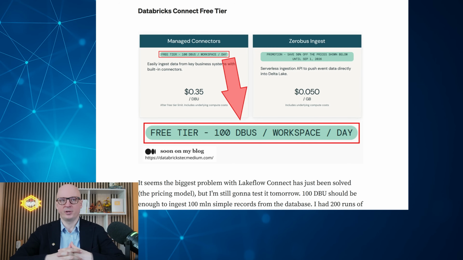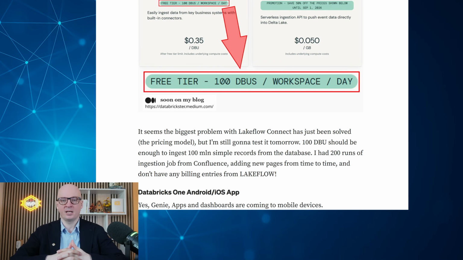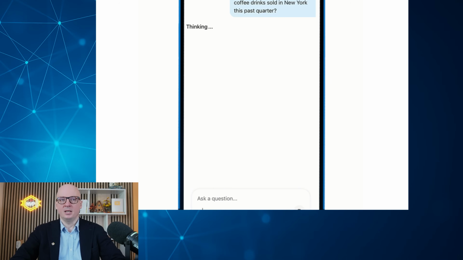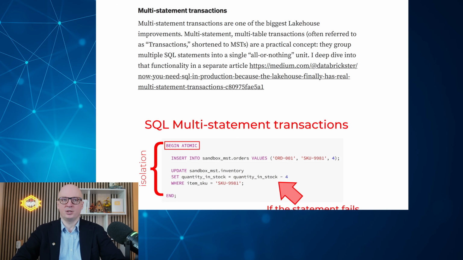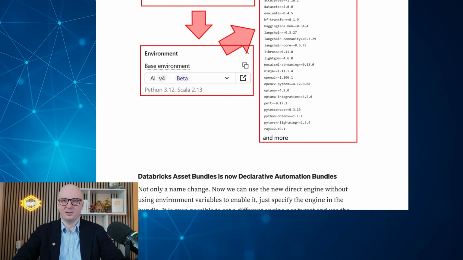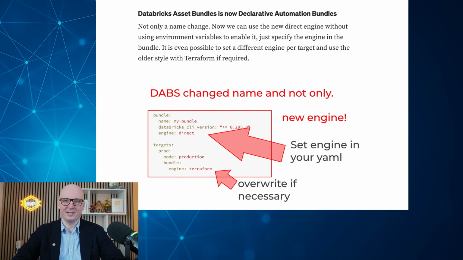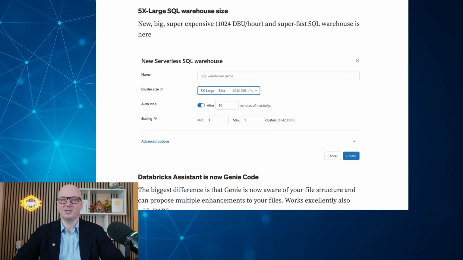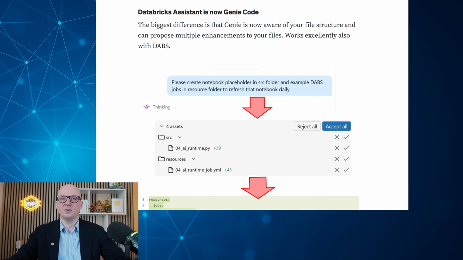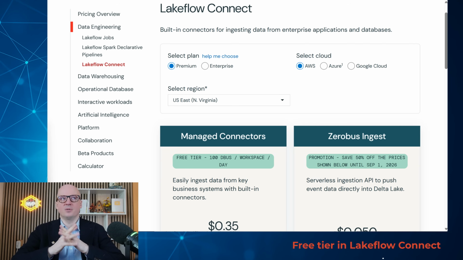Today I want to talk about free tier in Lakeflow Connect, Databricks One Mobile App, multi-table transactions, AI runtime, Databricks Asset Bundles, which is now Declarative Automation Bundles, new SQL Warehouse, and the Genie code. So let's start with the first topic. And this is really exciting news because